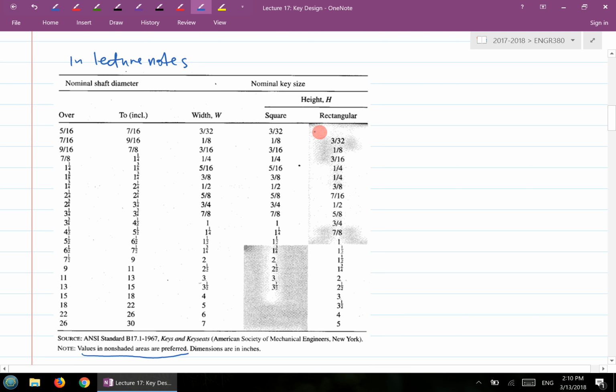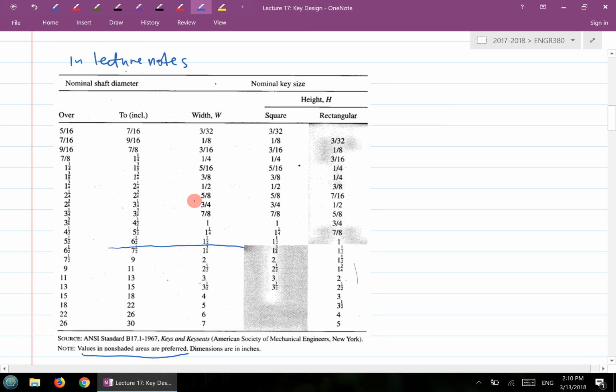So as you can see, when the key is actually the diameter of the shaft, if it's less than 6.5, non-shaded is this square part. So if the shaft size is less than 6.5 inch, then it's recommended that you use a square key. If it is more than 6.5 here, then it's recommended to use a rectangular key here. So that's basically what this table says. Otherwise, the numbers are pretty much the same as